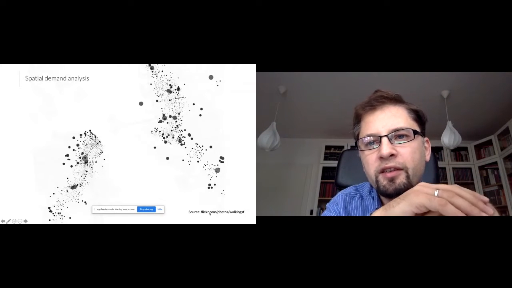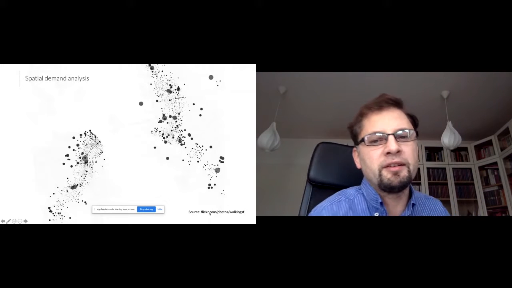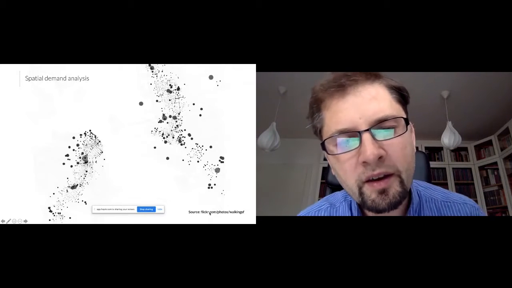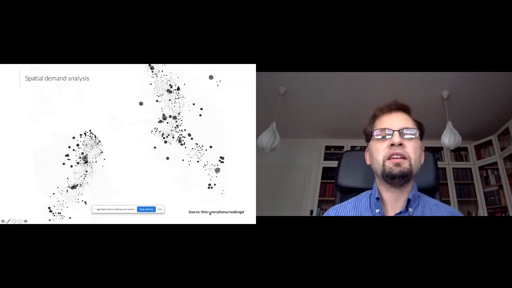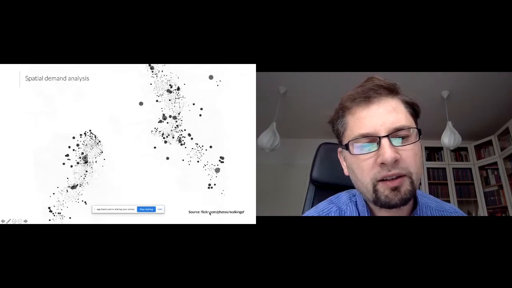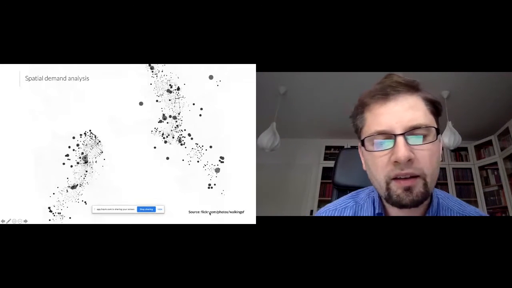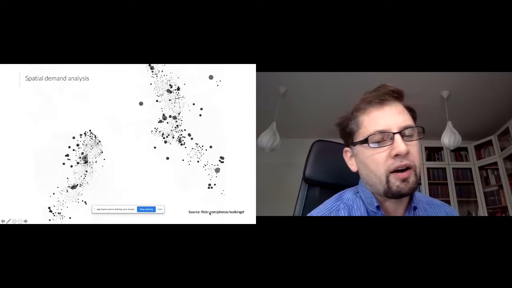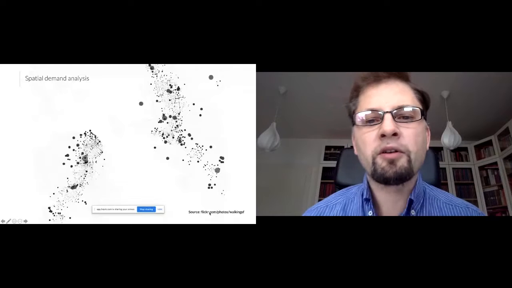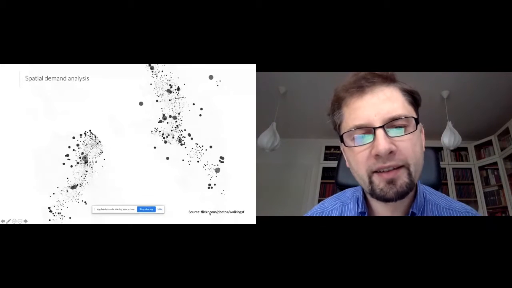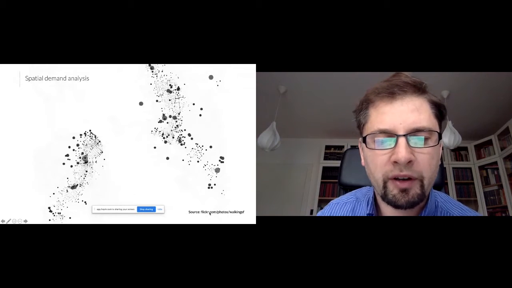The size of the dot is not the number of users in this area, it's the number of users normalized by the distance to the nearest station. So essentially, big bubbles here present areas which need more substantial involvement of public transportation. So as you can see, it's not only about the data, it's also how we present them to the user and how we make the user aware of some facts, and also how he can use this information for his purposes.